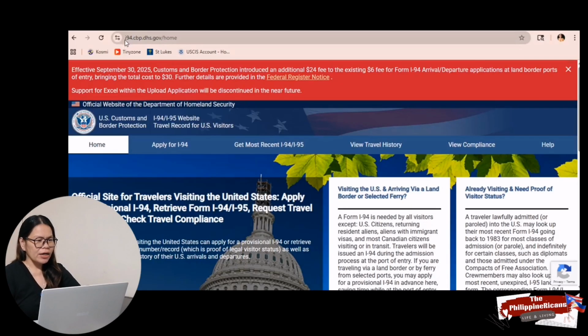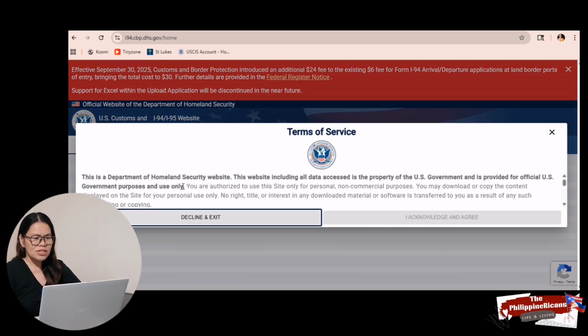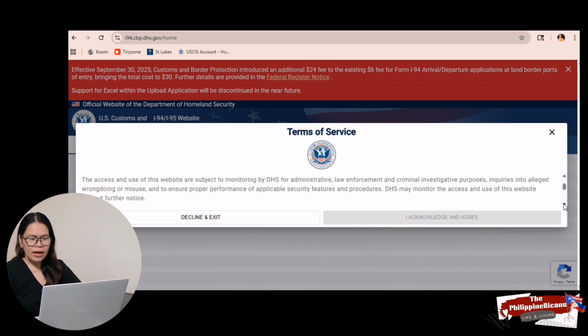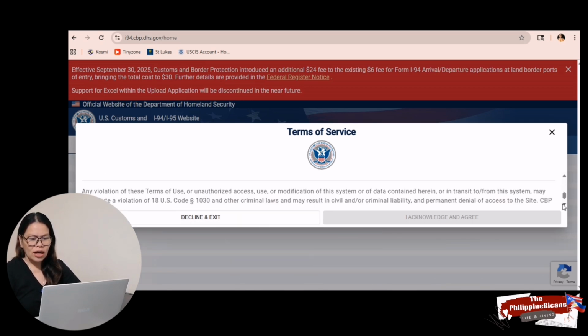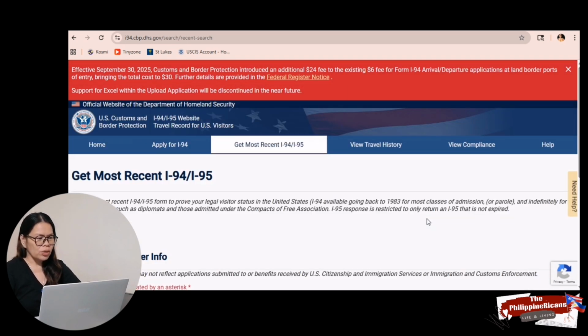So for you to get your I-94 online guys, just go to cbp.dhs.gov and then you will see here the home page and click get most recent I-94/I-95. After you click guys, you will see the terms of service. Just scroll down and then I acknowledge and agree, just click that one and you will go to the most recent I-94 or I-95.